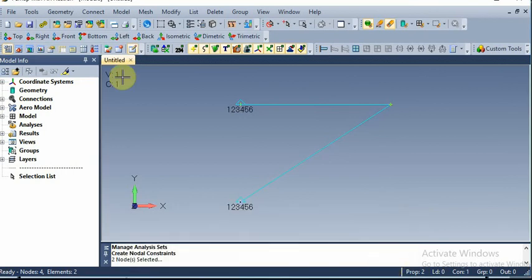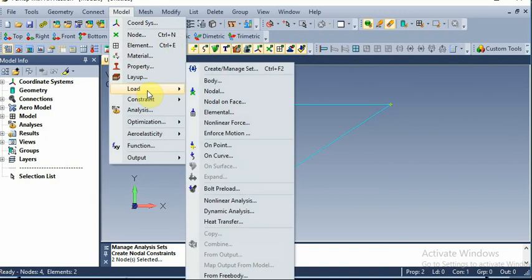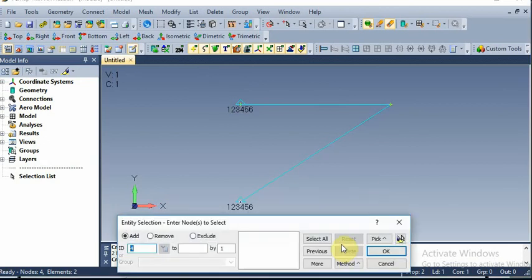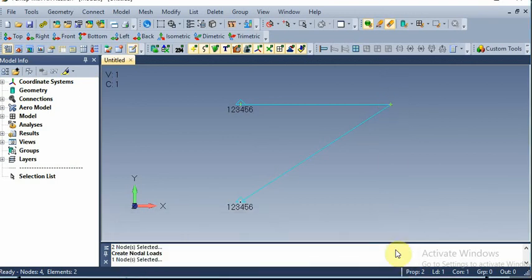Now you have to apply load. So again go to model, load. The load is on a node, so you have to go to this option, model. For the title give force, give OK. Now select node 2 because the load acts at node 2, give OK.